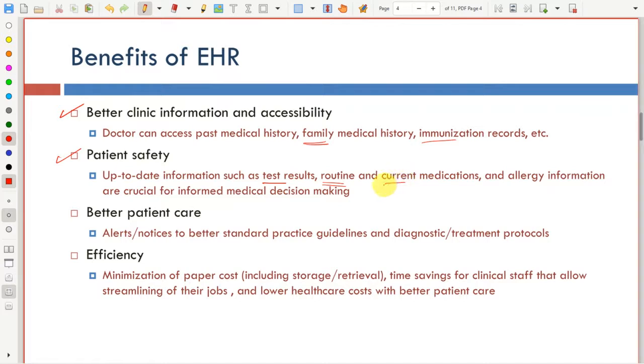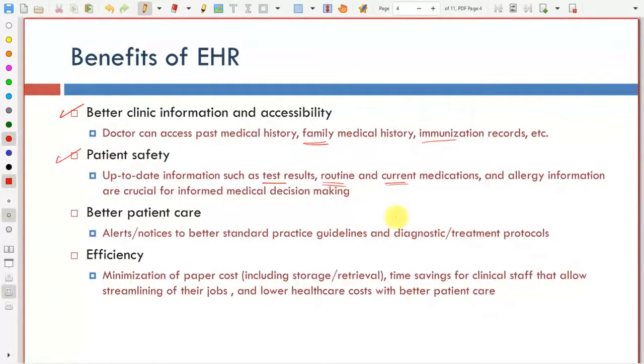Basically, this is routine. The patient has to keep taking these medications forever. Current medications are the medications that are given for an acute condition. Acute condition is like a temporary condition. For example, somebody ate something that wasn't very clean, and had to take some medications to clean up his stomach, something like that. So this is temporary. The patient is taking this kind of medication for a limited time, and that's it. But you would know it right away